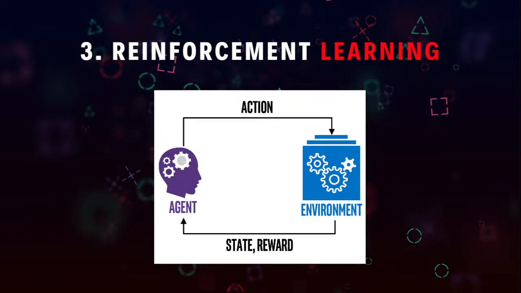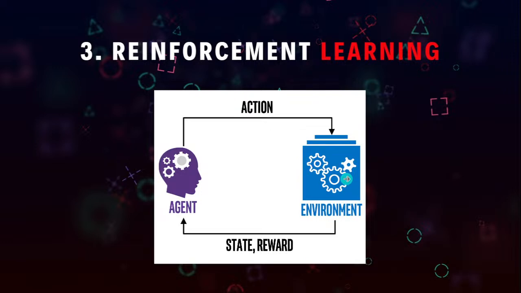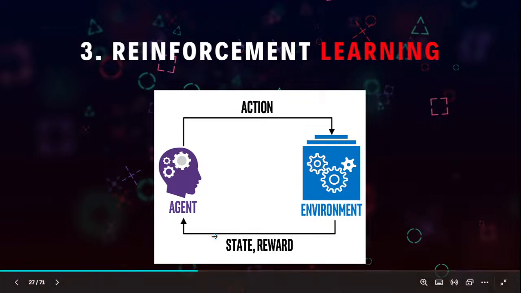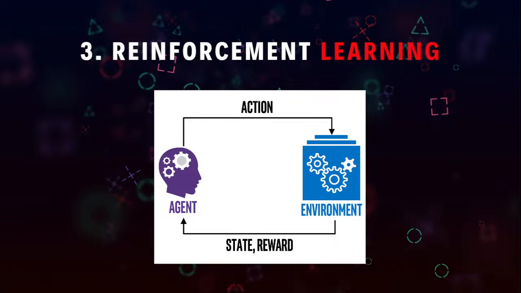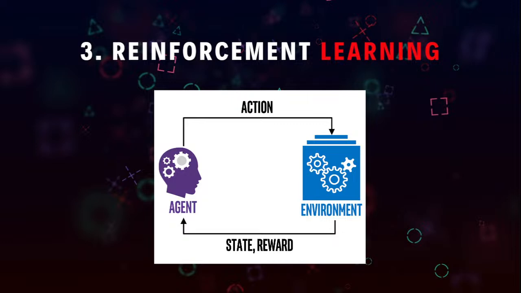Finally, we have something known as reinforcement learning. This is more advanced, where you have an agent that performs actions in a particular environment. Based on the action it performs, if the action is good, it will get a high reward value. If it performs badly, it will get a very low reward value. So the idea behind this agent is to increase its reward over time. Over time it will perform wrong actions, and eventually it will try to find the highest reward, so that it learns and improves on its own. That is reinforcement learning. It's used in games and all.